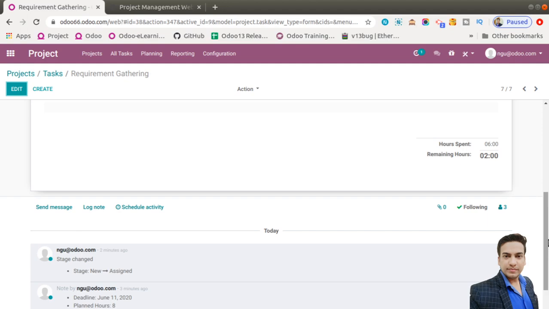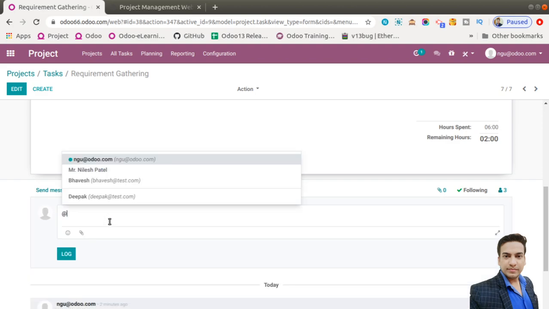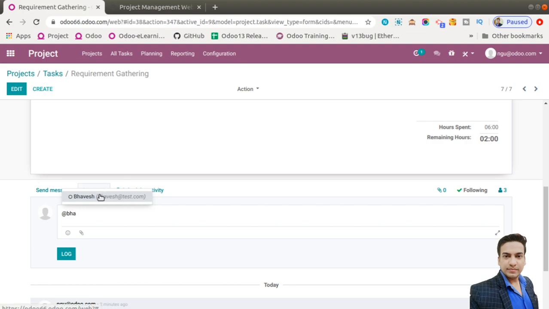So there's one more, very small but very effective feature that I want to show you. That's about send message and log note. You can always send a message to your customers as well, and even to the people involved in this project. You can always mention, you can always log a note. Let's say I want to mention something for Bhavesh,